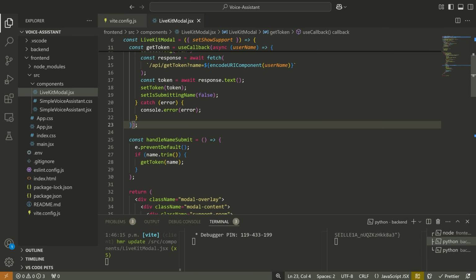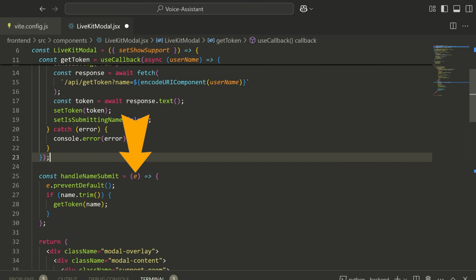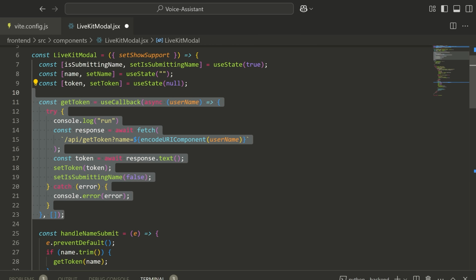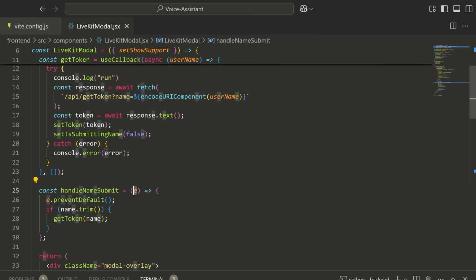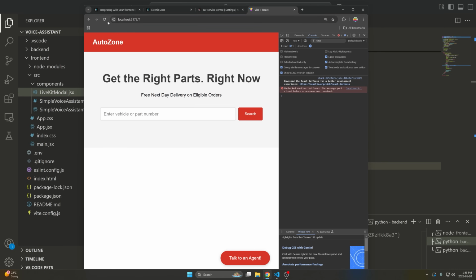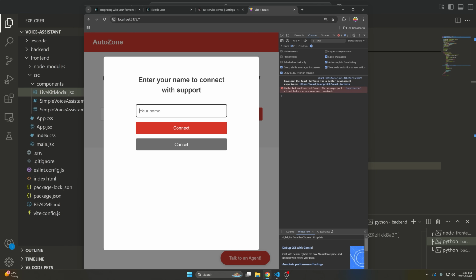All right, so two silly mistakes here. I forgot to add the E to my handle submit, and I forgot to add the dependency array to my use callback. Because I didn't have the E, it was just refreshing the page, not preventing the default behavior. So that's why this was not working. So if I go back here and I refresh now, and I go Tim and connect,